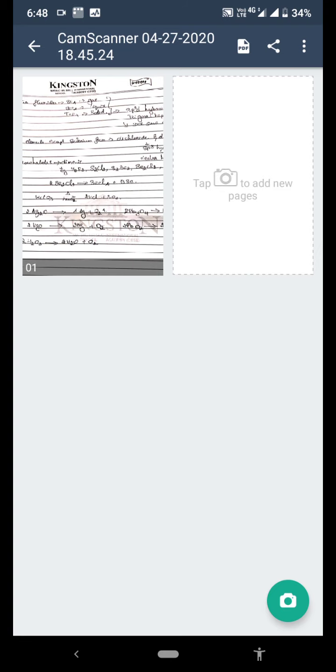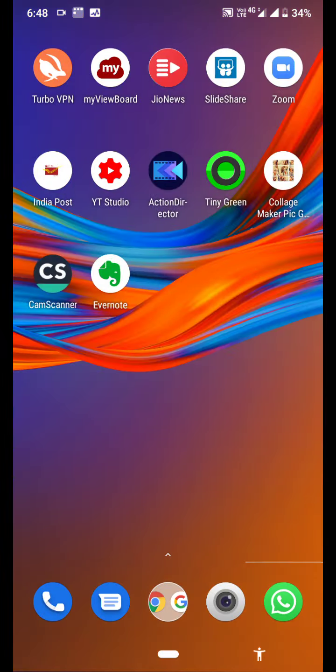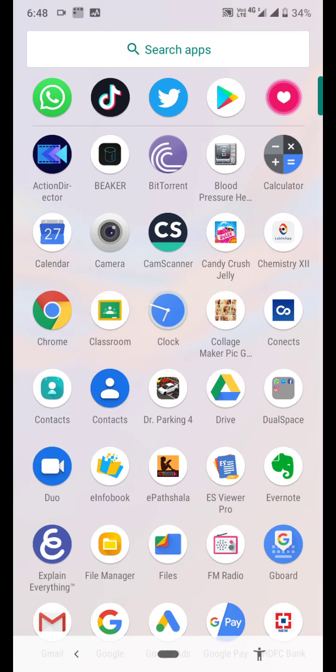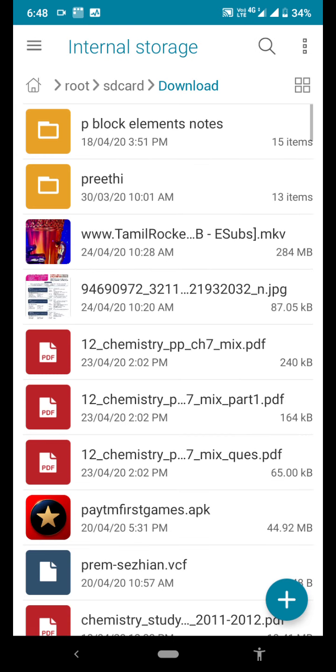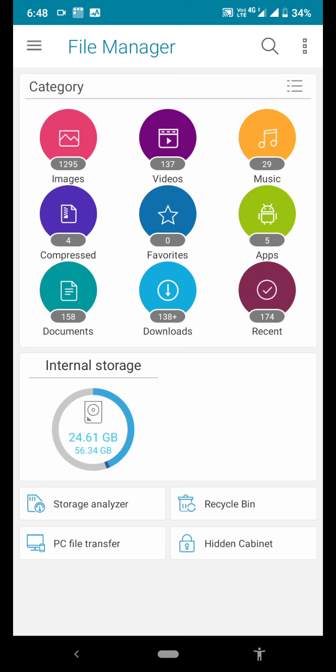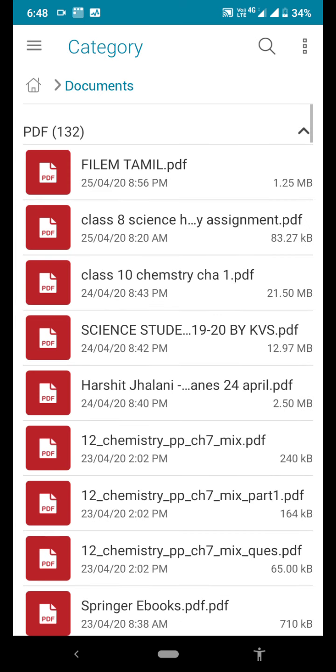Once it is all over, it will show in your downloads or home, documents.